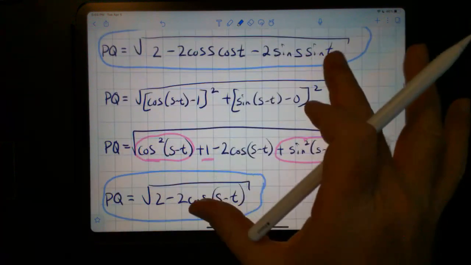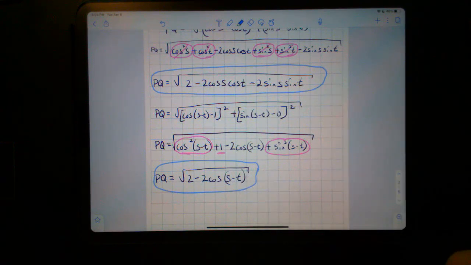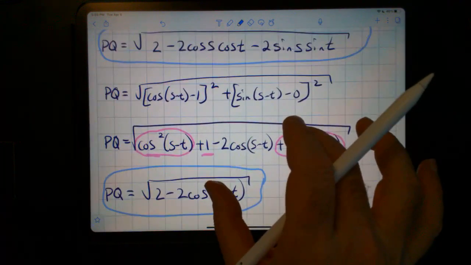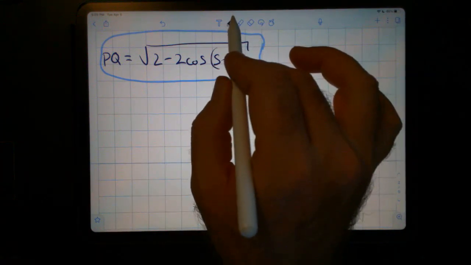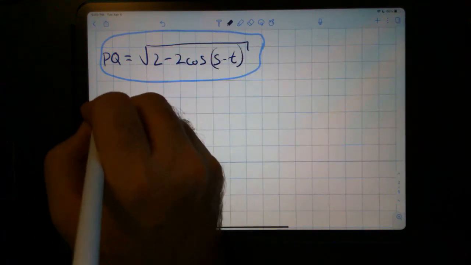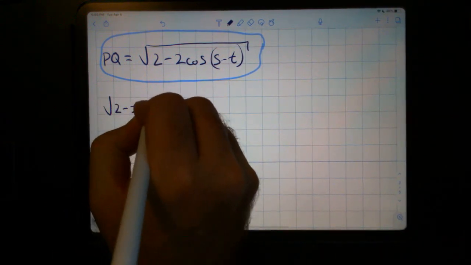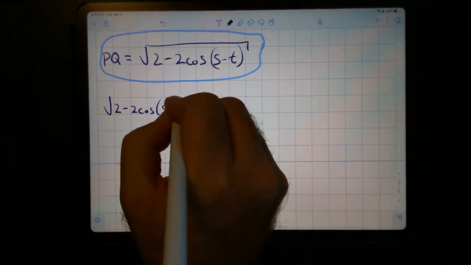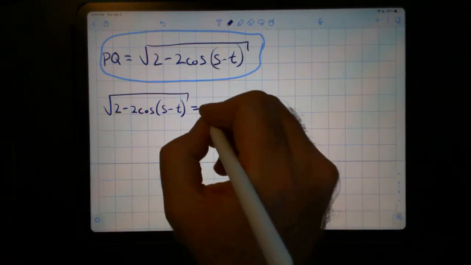Since it's the same line segment, we can set these two equal to each other. So we have the square root of 2 minus 2 cosine of S minus T is equal to the square